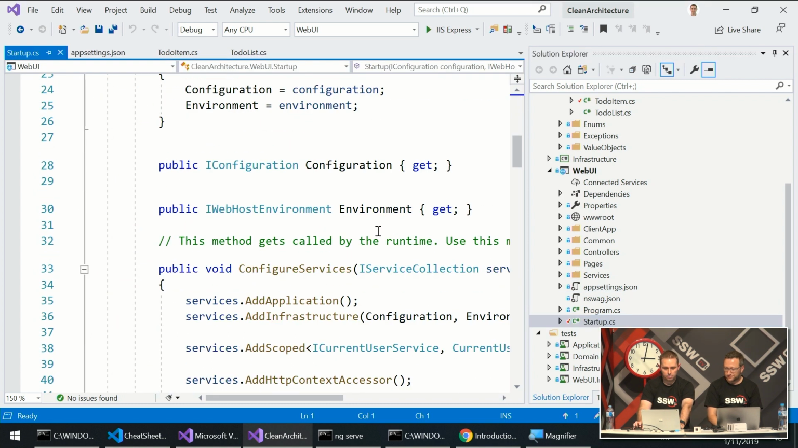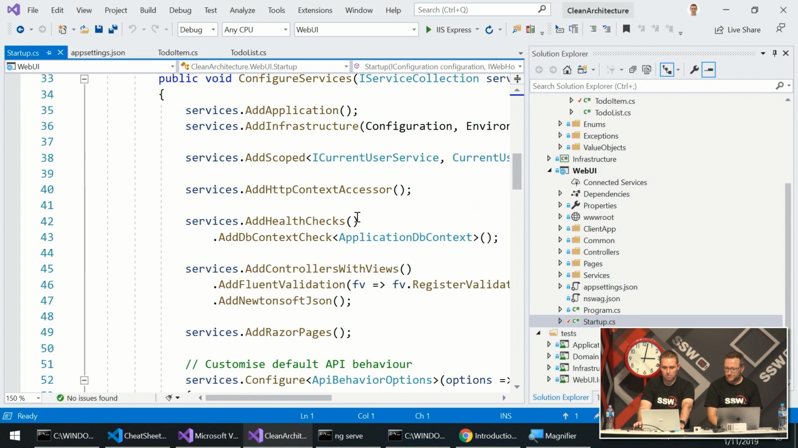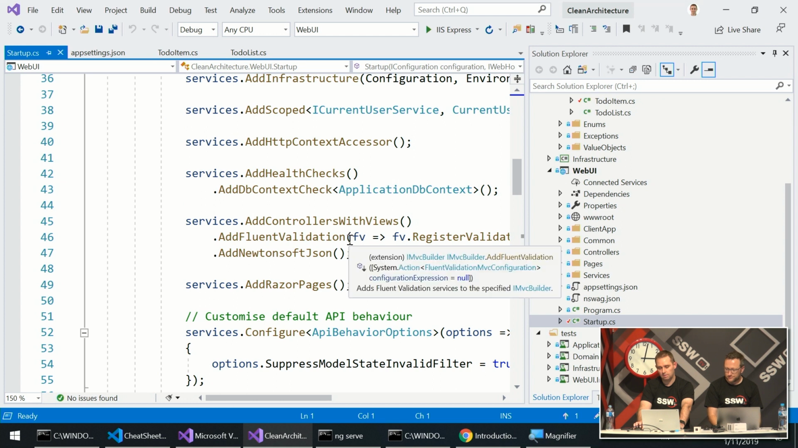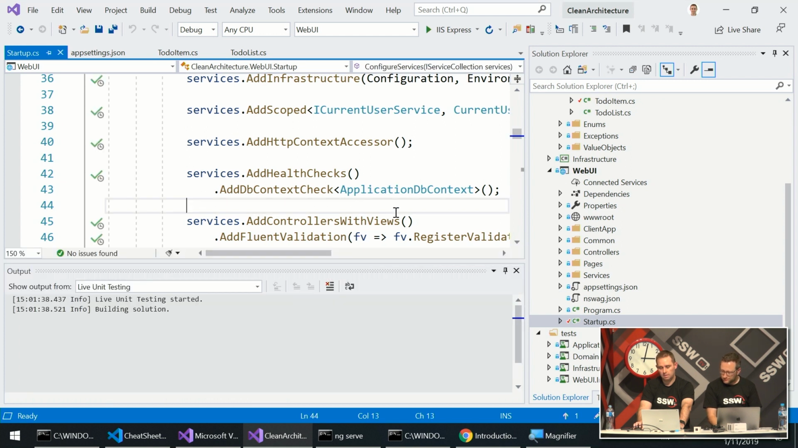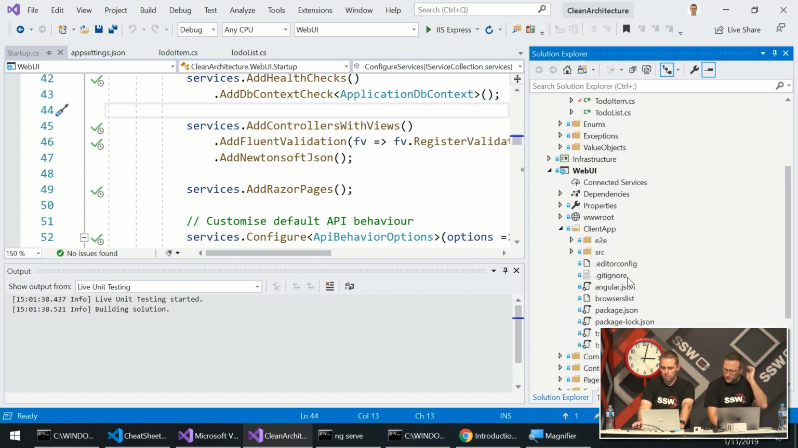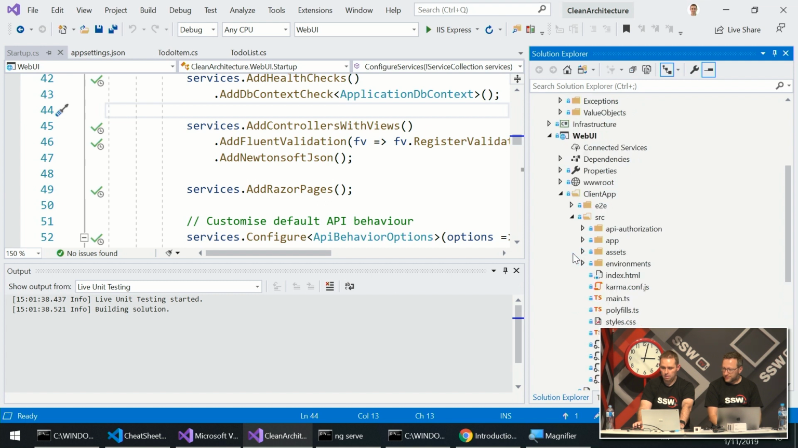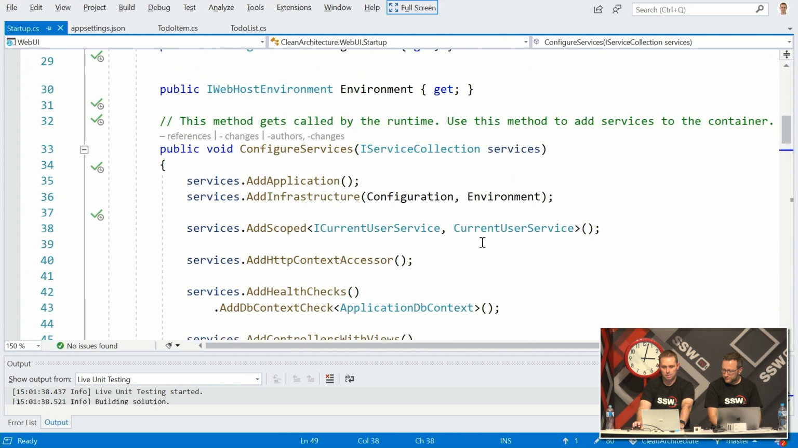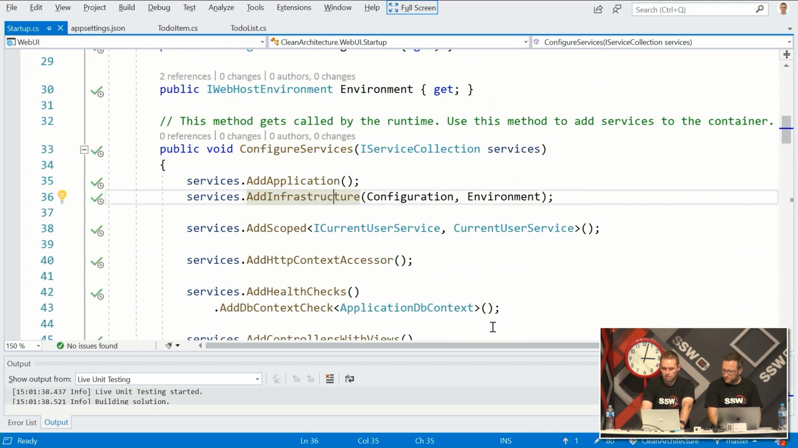In startup, this is all out of the box. I have customized this quite a lot, so maybe it's not the best thing to look at. Well, we'll have a look at the Angular app. The identity stuff. Yeah, I do. It's just that I've customized it quite a lot, so it might be confusing. So